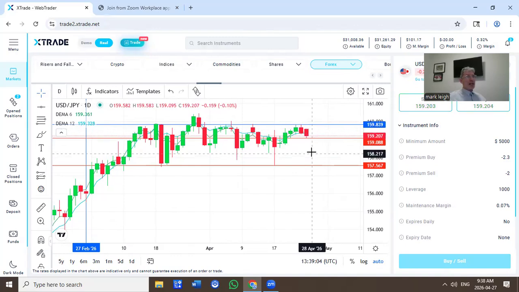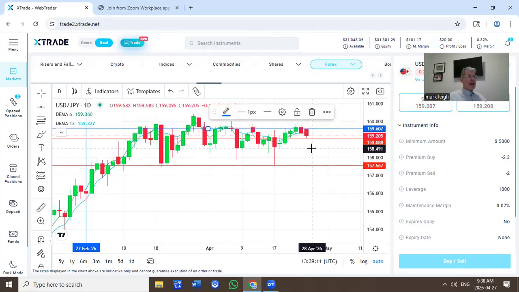I've got support at 159.08, and I have resistance for now at 159.60. Weak US dollar, that'll be a continuation of the red candlestick, selling US, buying yen, sellers looking to test this 159 support level. If we're going to get a turnaround and US dollar buyers step in, that'll be a bounce up off this support area, and buyers will be looking up at the resistance at